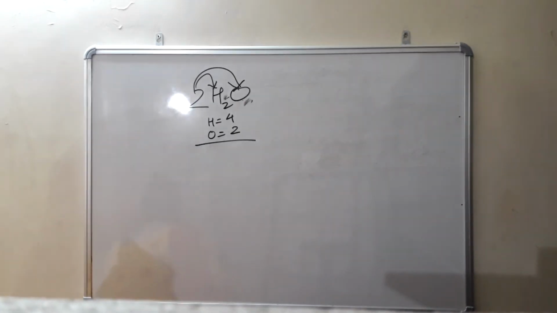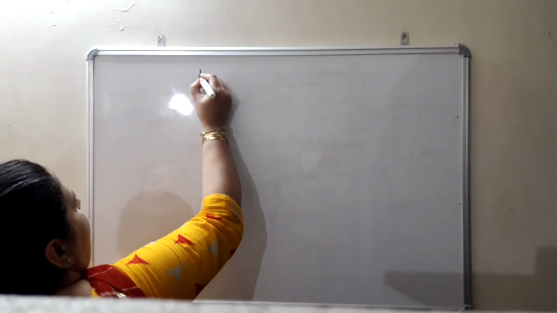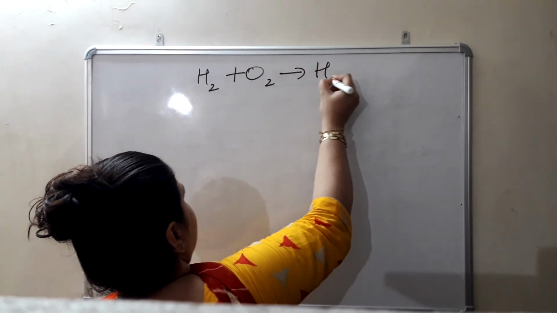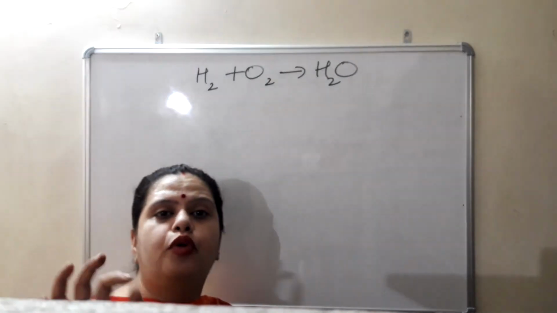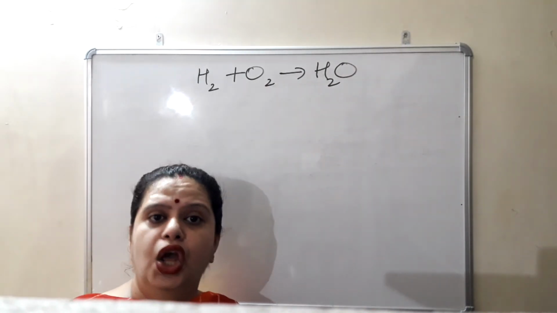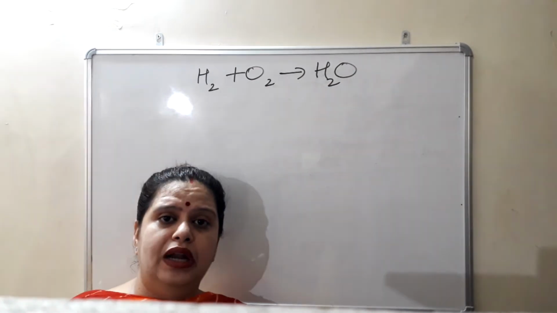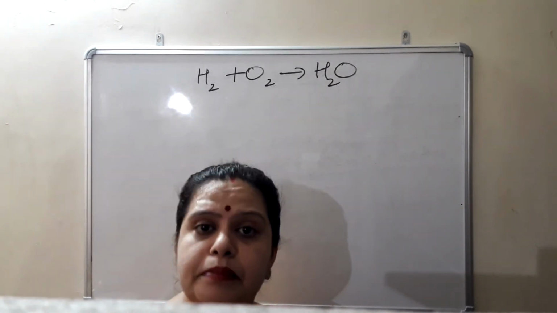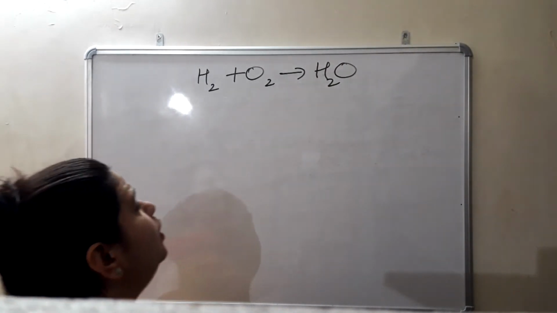See here. Let's start with the very simple one. The first one is hydrogen and oxygen gives water. Now one thing more, if you don't know the correct formula of the product, you are not able to balance the equation. And how will you write down the correct formula of the product? Only when you know the symbol and the valency, then only you can write down the correct formula. Now in this case,